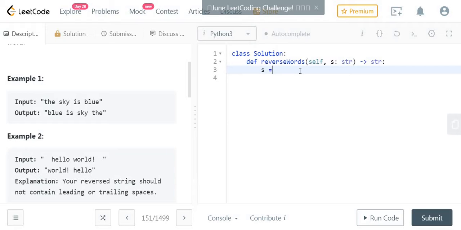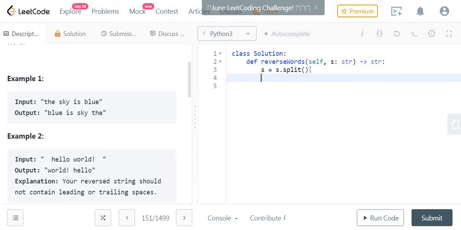We are storing the same word in a list: S equals S dot split. Now initially this string S contained the entire string. Now that string will be converted into a list containing the words only using S dot split. Once the words are transferred to a list,